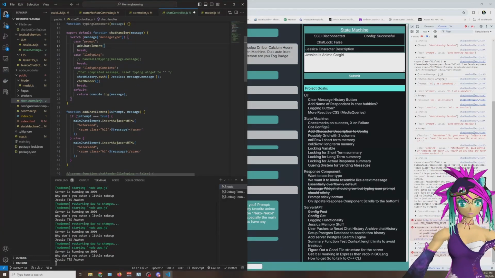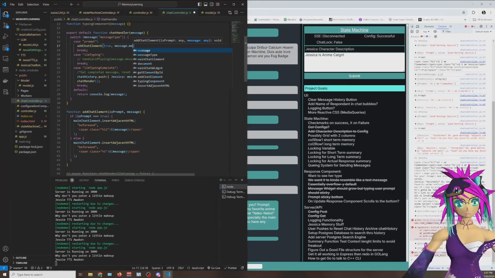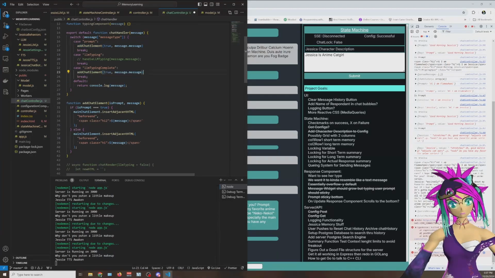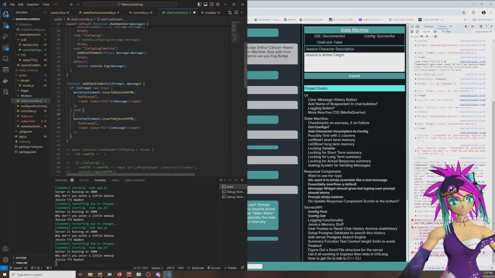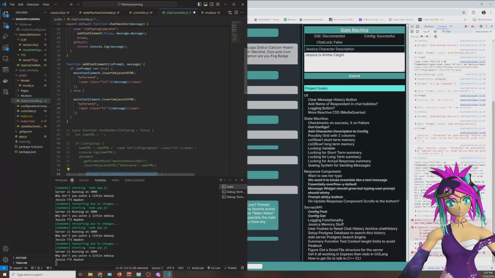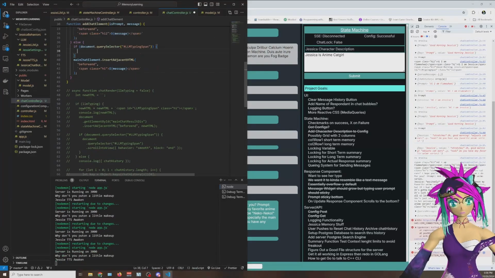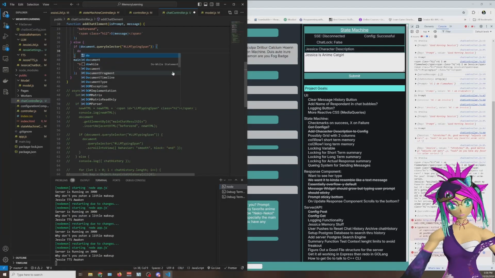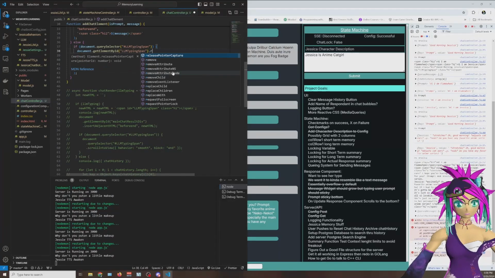All right. So we do add chat elements, and then we do true, comma, message.message, and then else, if we're in here, we're gonna do this, and then we're gonna set it to false. All right. Cool. And then this is gonna have one extra step in it. So if it's not true, we're gonna see if this exists. So we're gonna see if document.querySelector this thing exists. I did something wrong. So if document.getElementById, LLM spam dot remove